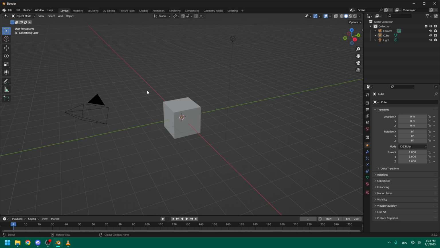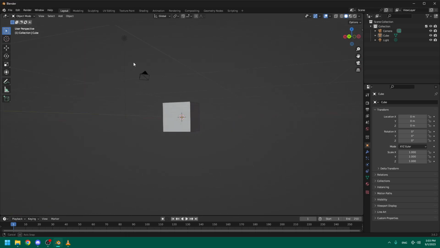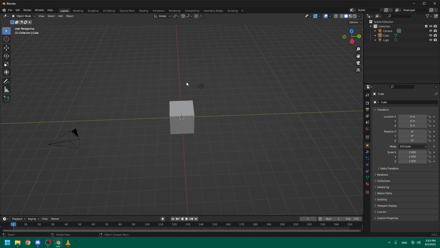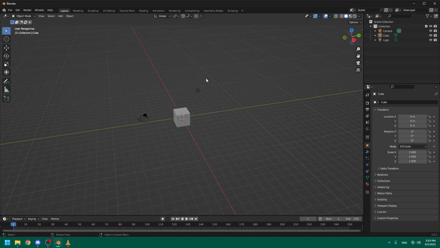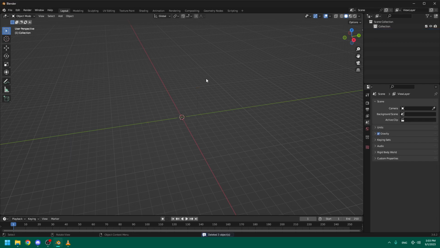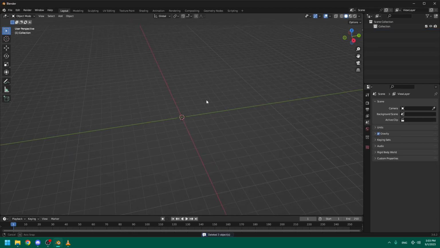Alright, so when you start up a new project in Blender, you'll have this default loadout made for you. But this is not optimal if you want to build stuff in RPG Maker. So what we're going to do is select everything with the shortcut A, and then hit the delete key. And then now we'll have to optimize